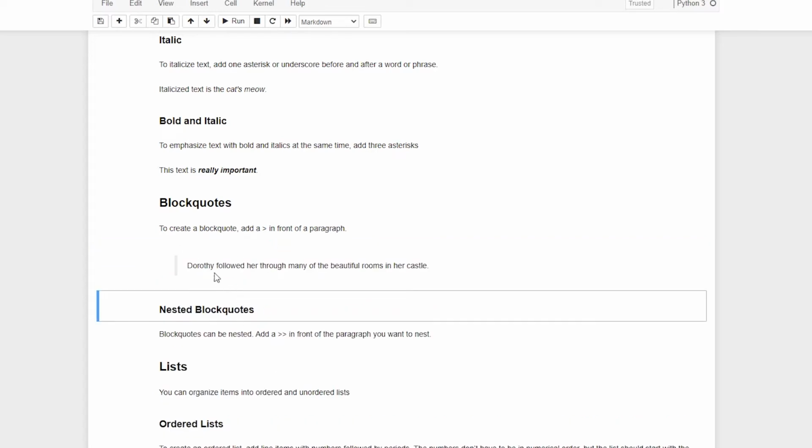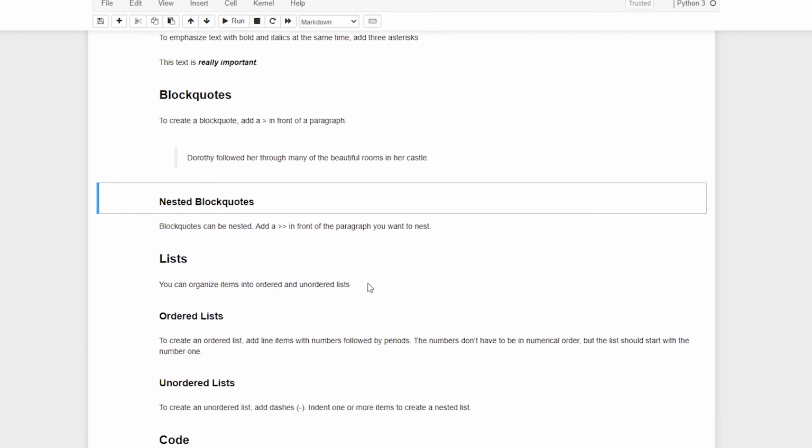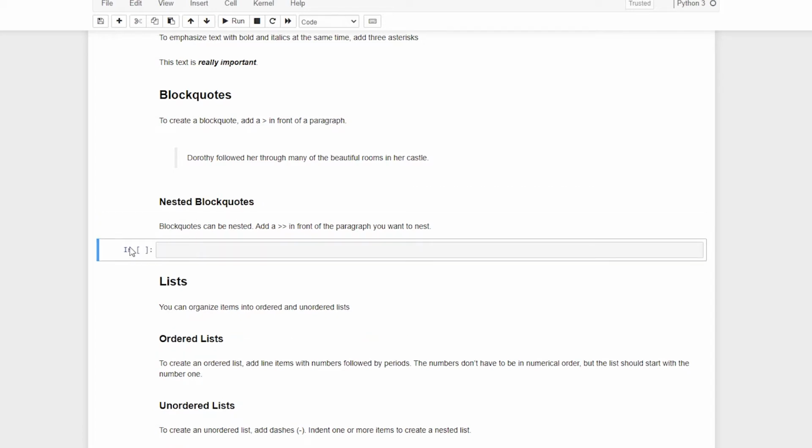So you now see I have a block quote inside. Now to have nested block quotes, it says add double angular brackets. Okay, what is it, less than or greater than? I'll say angular brackets. As simple as that. So for the nested one, I'm going to create a new cell, change it into markdown.